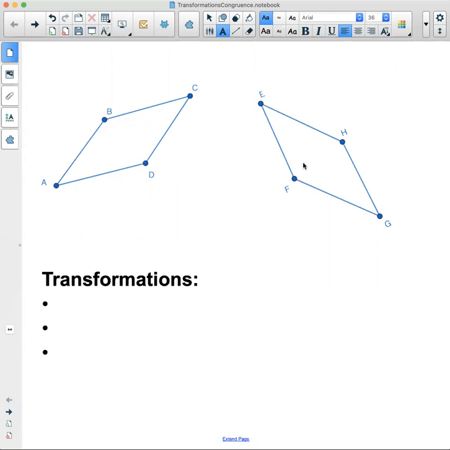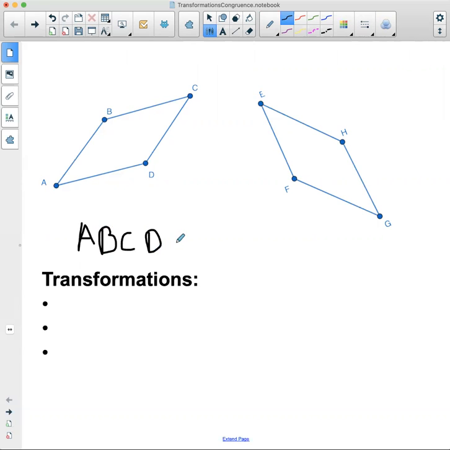So we've talked a lot in class about how to describe the transformations that will put one shape on top of the other. And I'm just going to sum up some of the big things that we've talked about. So if you need to go back and watch them at your own pace with a nice example, you'll have it there. So in this shape, what we know is that ABCD is congruent to